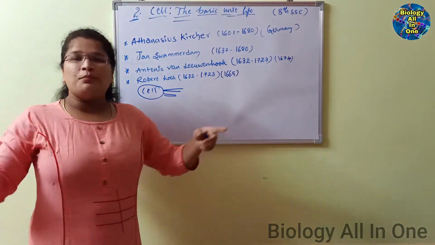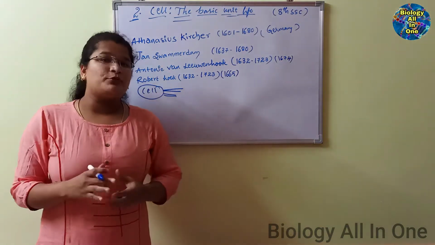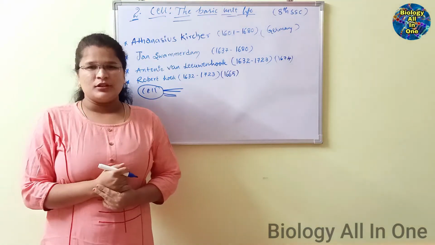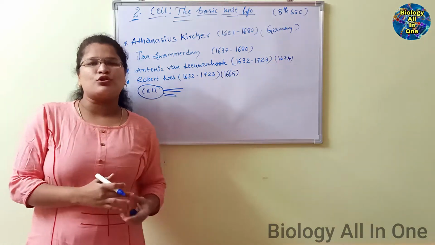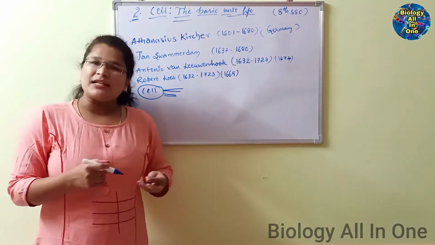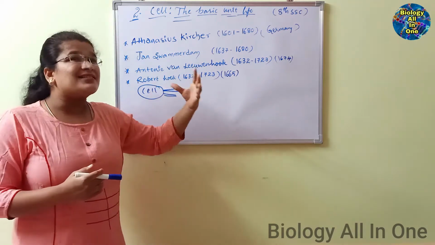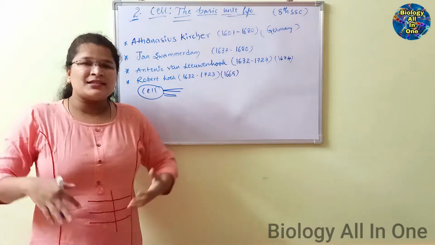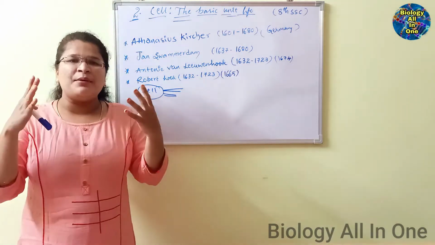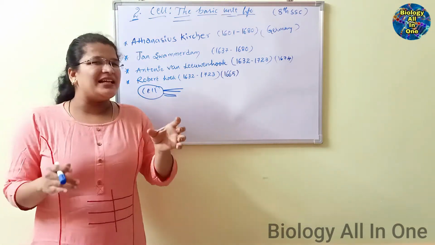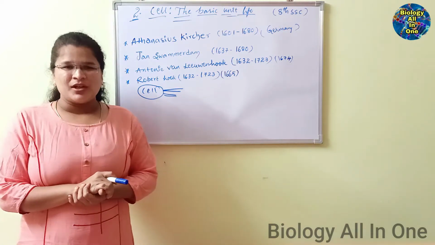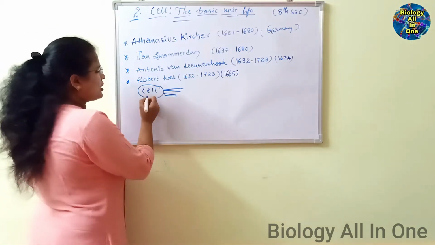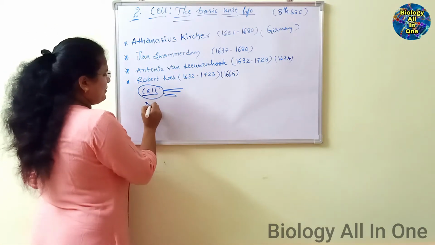For example, if you observe a house, a building is made up of bricks. Different kinds of bricks are generally used to construct a house. But we cannot understand how many bricks they used when we observe it. Likewise, our body is also totally made up of cells. A cell is like a brick to a building. Understand? Depending upon the cell structure and functions, and depending upon the number of cells,